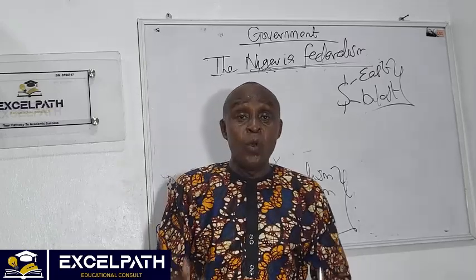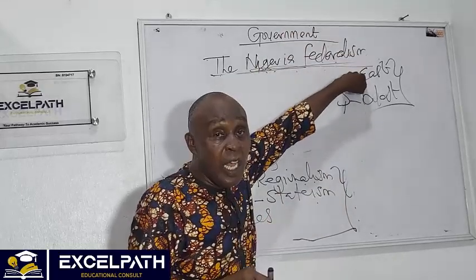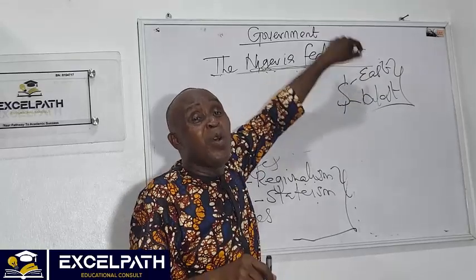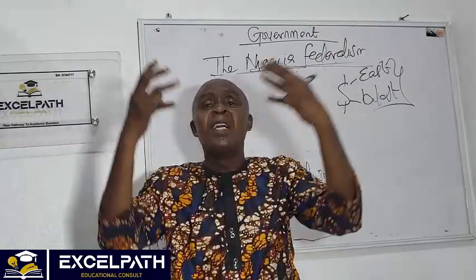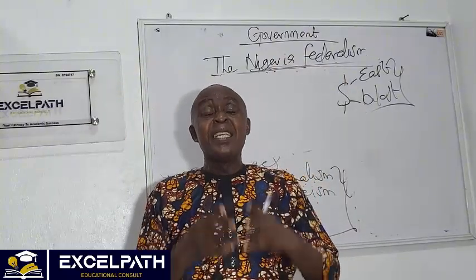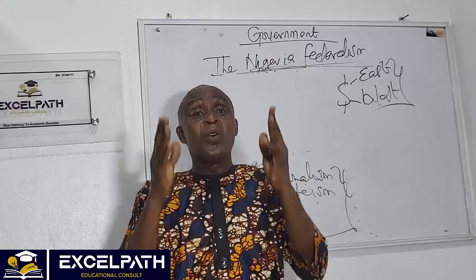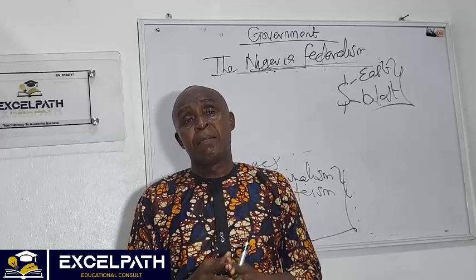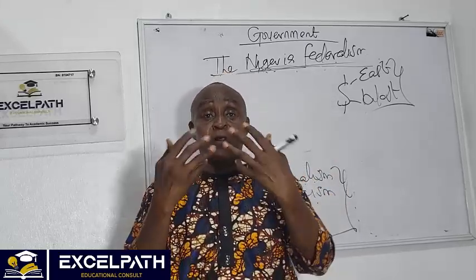And then we now look at 1946. Richard now laid the foundation of his constitution on Bernard Bodilon's foundation, and then brought in what we call regional government. Now, the idea of regional government is an indication that, wow, this country has really given birth to what we call federalism. And then we now go into the subsequent constitution of 1951,